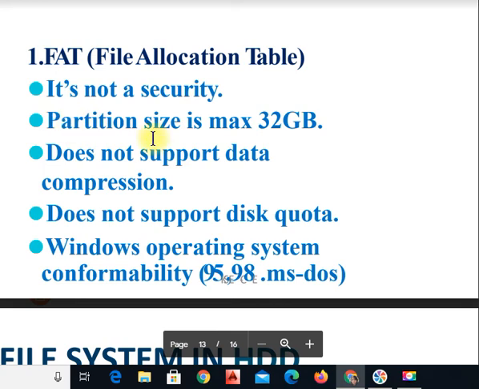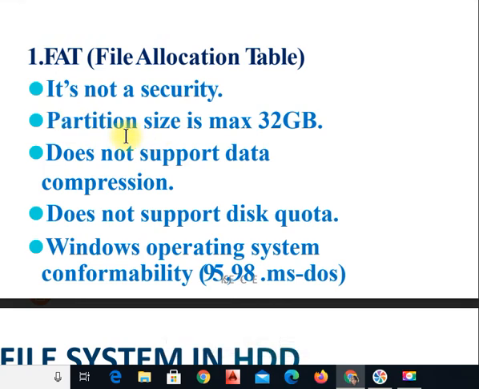Another word is there, partition. Partition means what? Okay, our next topic is what is a partition. So I will just give some introduction. Partition means what? Whenever we install a new operating system in our PC, at that time the operating system asks, do you want to partition your data into individual drives? Suppose by default the C drive is your main drive. Whenever you install any data, it can be stored in the C drive, but in our PC we can see C drive, D drive, right? So that is called a partition.